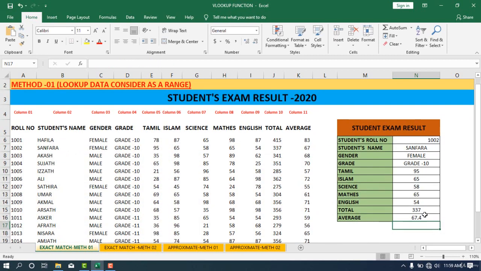We retrieve the data from this table. So now if I enter the student roll number, it automatically retrieves the data from this range. For example, if I want to get 1004, which means Sujat's details, I can get it. 1004, just type and enter. Sujat, he is male, grade 10, Tamil marks 65, Islam marks 98, Science marks 85, Maths marks 78, English marks 25, total 351, average